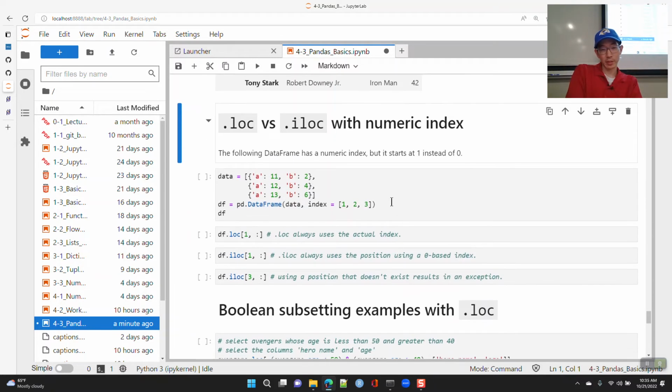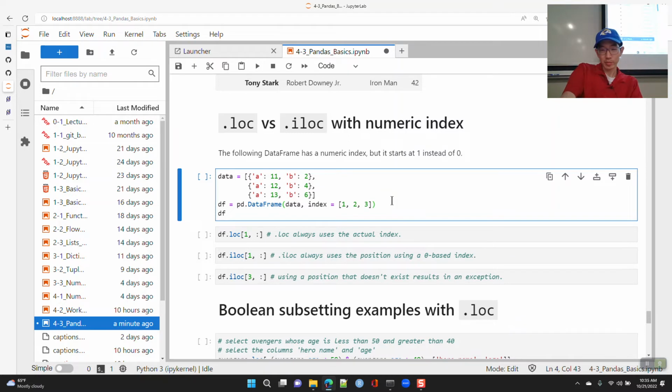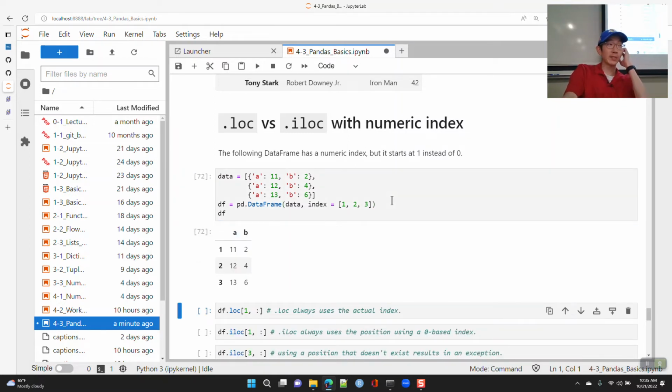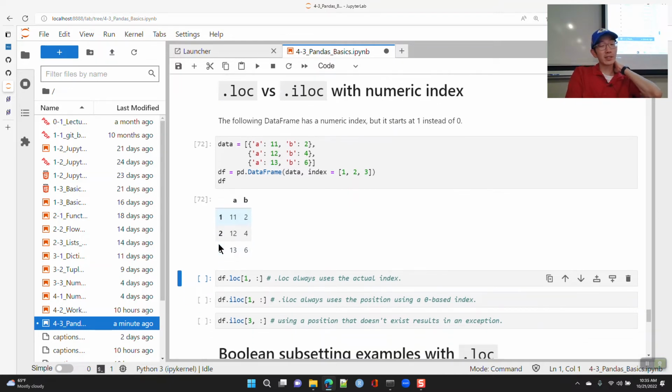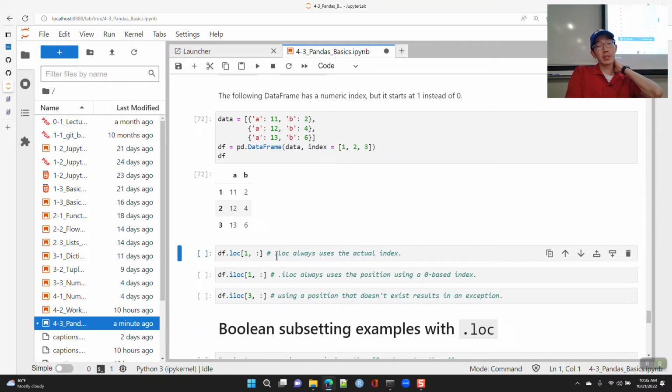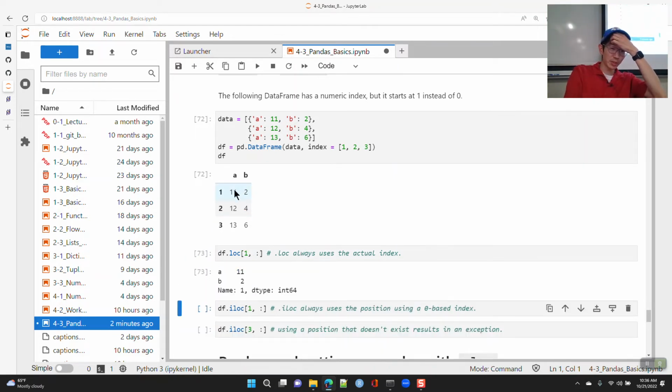Okay. So here is an example where I have a data frame, and the index is the integers 1, 2, 3, but it's not 0 indexed. When I use .loc, it always uses the actual index. So .loc 1 will pull out this row associated with index 1, 11, 2.